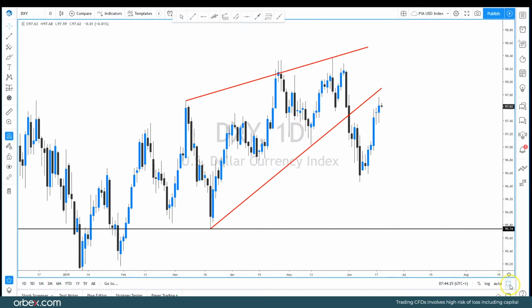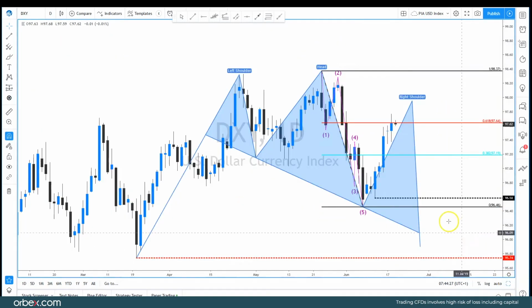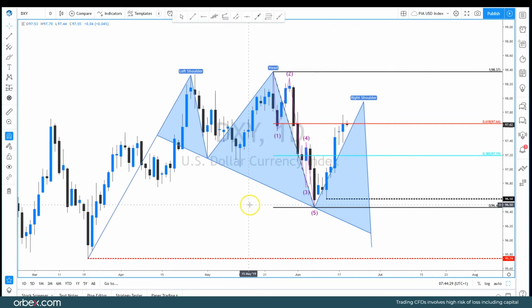If we go to this view, still think we've got the possibility of forming a bearish head and shoulders pattern. So left shoulder, head. Are we forming the right shoulder now? We've got a bearish Elliott wave count to the downside, so 5 waves, 1, 2, 3, 4, 5. Then we've seen this recovery higher. Got a 61.8% fib located at 97.64. We're likely to hang around this area until we get the FOMC or the Fed interest rate